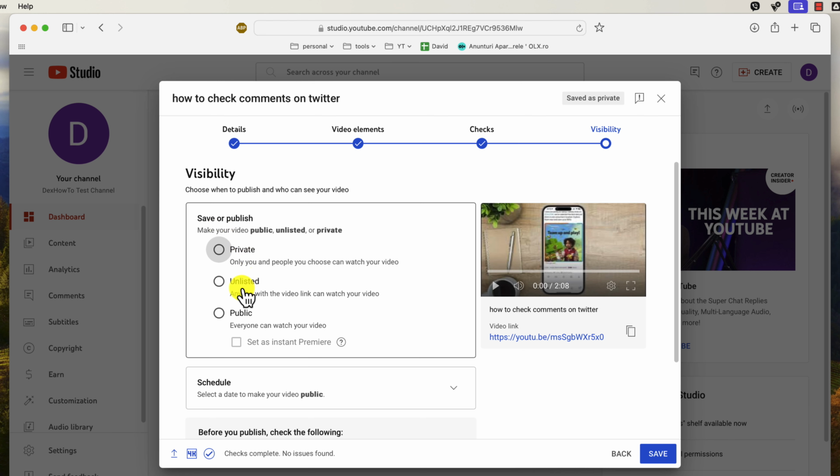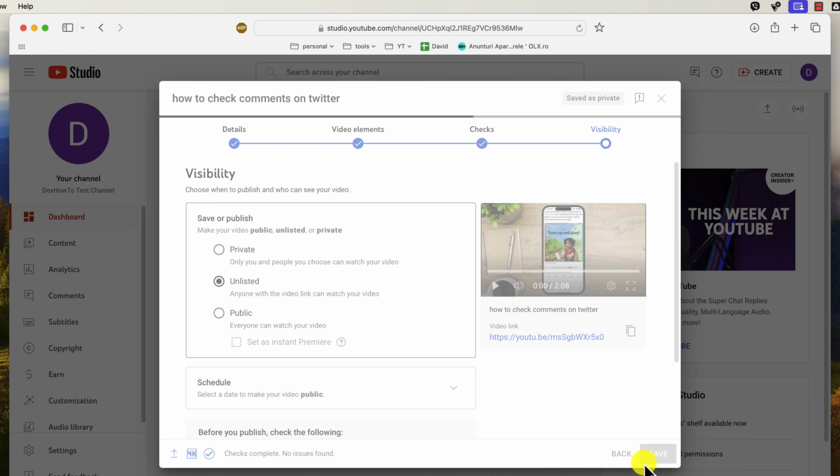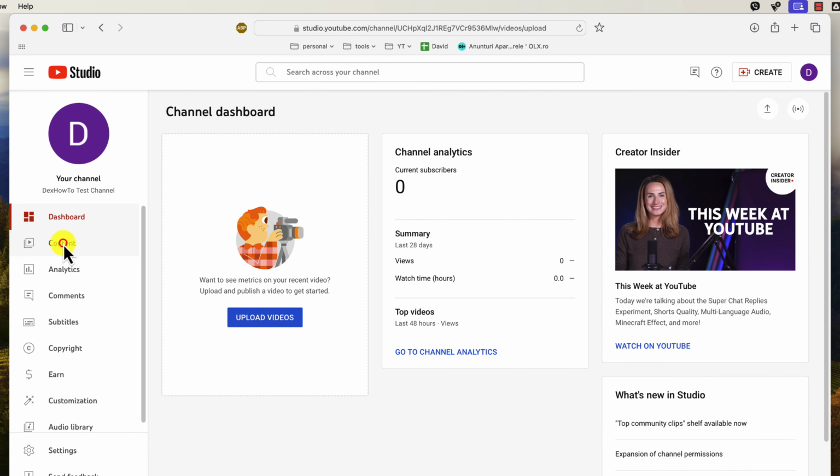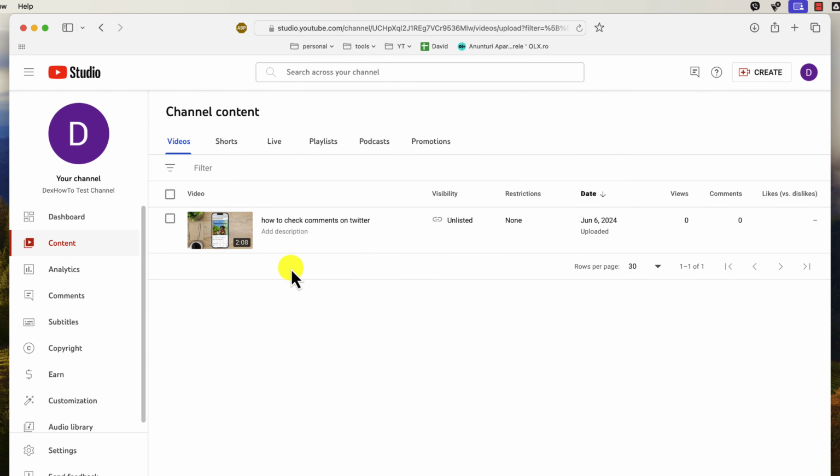After you have set all the options on this page, click on the Save button at the bottom. YouTube will process your video, which may take a few minutes. You can monitor the upload progress on the YouTube site. You can click on the Content tab and see the progress of your video. Also on this page, you will see the views you have had.